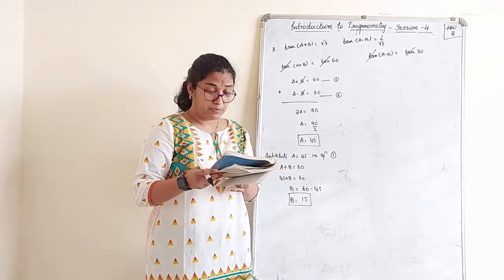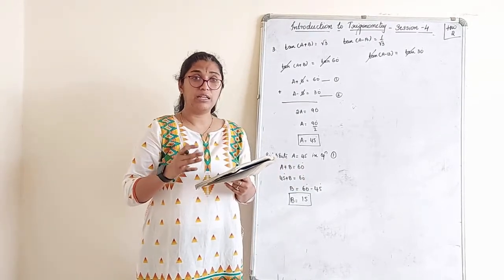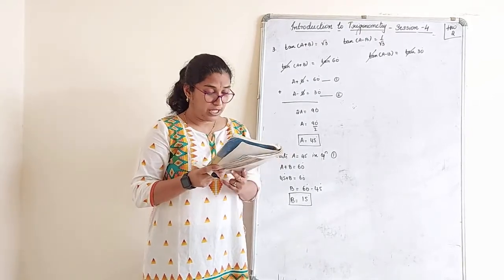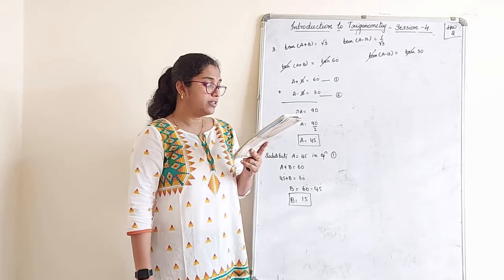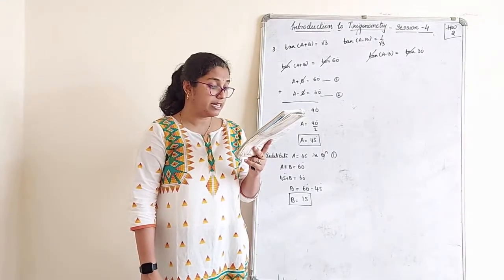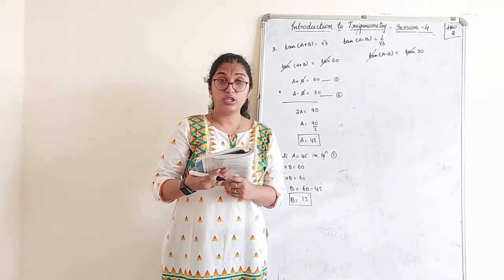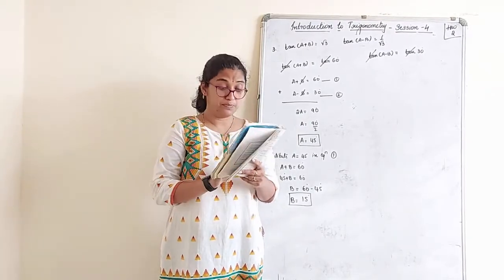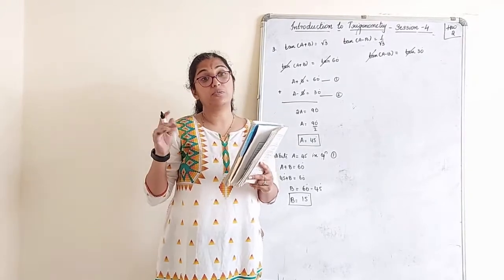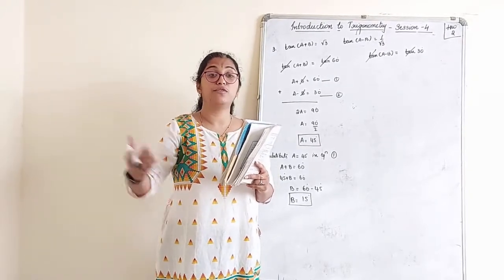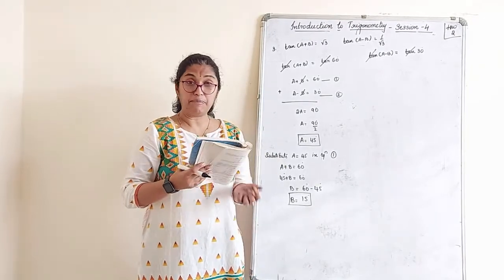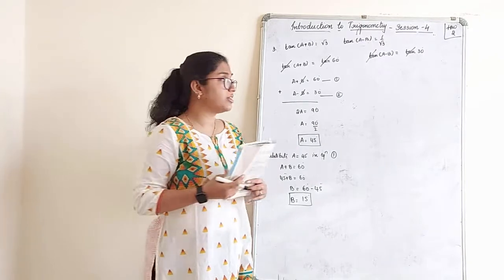Now, the true or false part, which we already discussed as usual, and they have asked you to justify; justification will be sent in the PDF. Look here. Say whether the following are true or false and justify your answer. Sin A plus B is equal to sin A plus sin B. This is actually false. In your 11th grade, you will study the properties, the next part of trigonometry. Sin A plus B is not equal to sin A plus sin B. Take some values and check if you want.